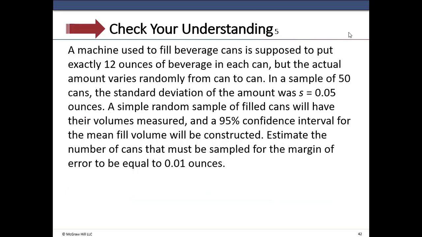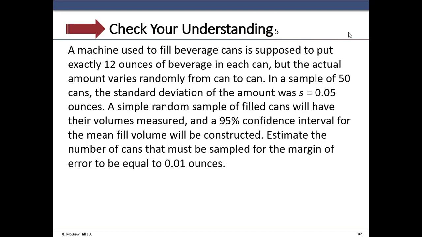Okay. A machine used to fill beverage cans is supposed to put exactly 12 ounces of beverage in each can, but the actual amount varies randomly from can to can. In a sample of 50 cans, standard deviation of the amount was S equal to 0.05 ounces. A simple random sample of filled cans will have their volumes measured and a 95% confidence interval for the mean volume will be constructed. Estimate the number of cans that must be sampled for the margin of error to be